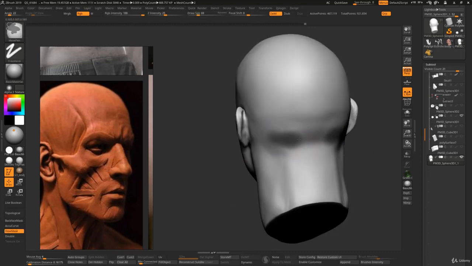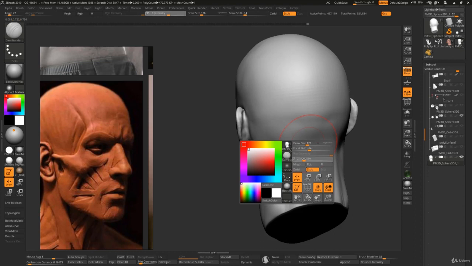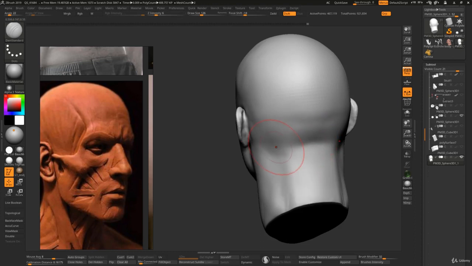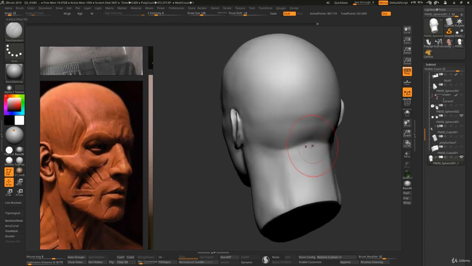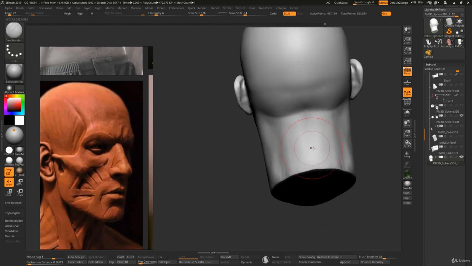For the back of the head, we can try a little suggestion like this, in the middle going this way,